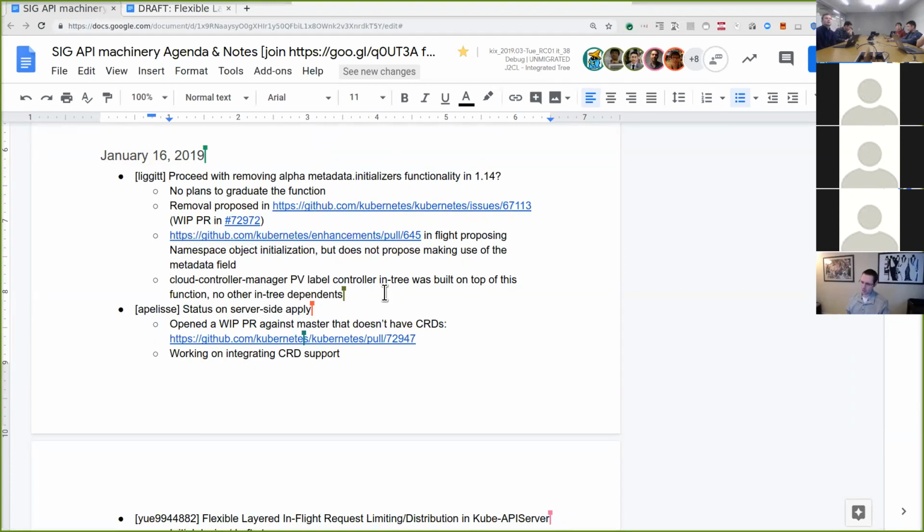So initializers were introduced in 1.7 as an alpha feature. They have not progressed since then. There were quite a few known issues that needed to be resolved when they were introduced, and really very little traction has been made in those. And in the meantime, the webhook admission extension points have, in most cases, removed the need for these. For the past several releases, we've talked about removing this alpha feature, and given that there are no plans to graduate it, I think we should go ahead and remove it